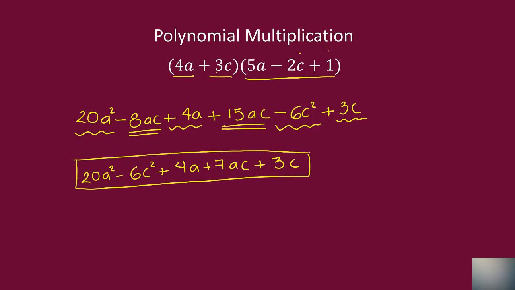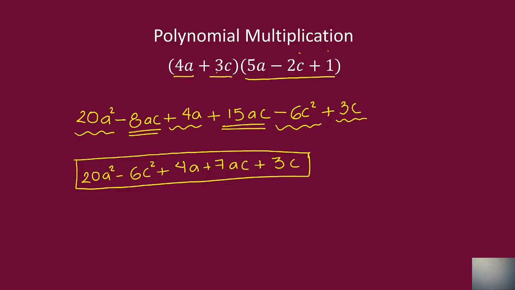So this process is the same when we have longer polynomials. We can keep solving like this. Make sure that we multiply each term in our first polynomial times every term in our second polynomial. But when this becomes longer, we get a longer polynomial in our answer that we have to simplify and order